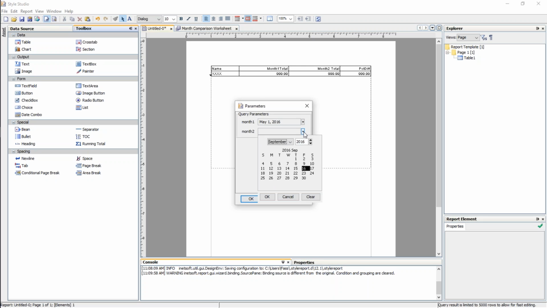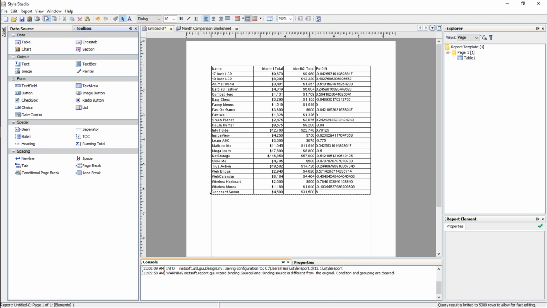So you can see that the report is prompting me for the parameters that are expected in the data worksheet. So June and May is going to be my comparison. Press OK. And then the report executes, and the result that I get in the report is just the result of the data worksheet. It's just now contained in a table in the report. And I can do some formatting and things to make this look a little bit nicer, which I'll do in a moment. But before I go ahead and do those things, what I want to do is take a look